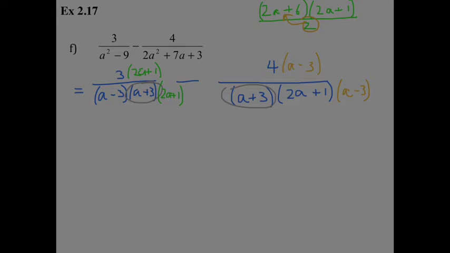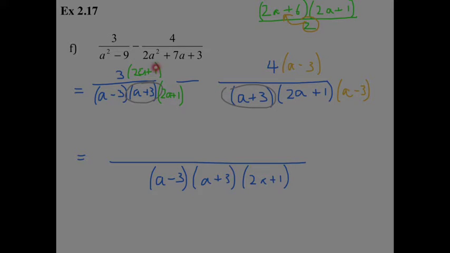Now if I look at my fractions, I've got 3 brackets, I've got 3 brackets, all 3 brackets are the same, so I have a common denominator. It doesn't matter what order you put the 3 brackets in, as long as they're there. There are my 3 brackets. What I need to do now is